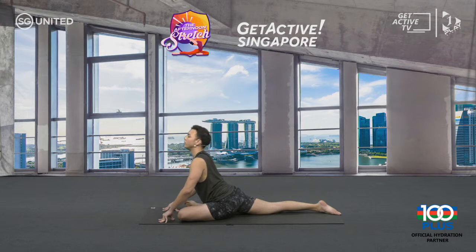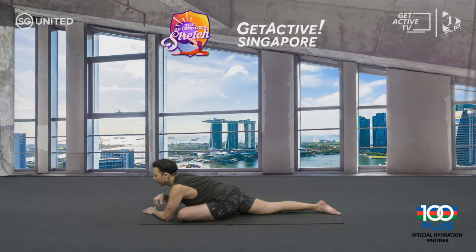Then as you exhale, feel free, come all the way down. Melting the belly towards that left thigh. Alright, for your resting pigeon here. Very nice. So we did a lot of stretches. The hamstring should be warm. The hips should be,